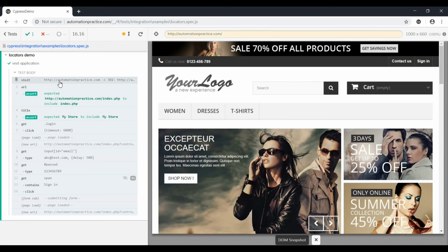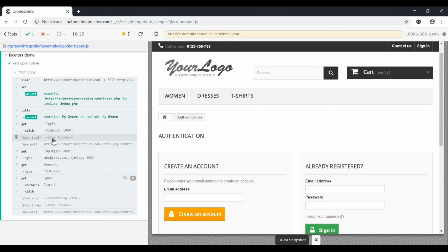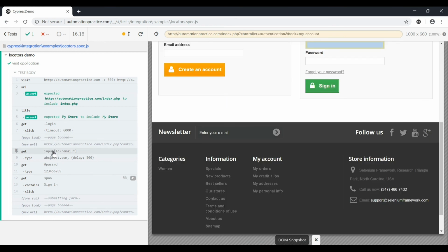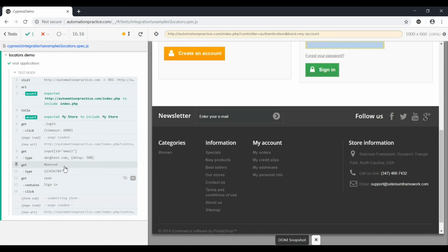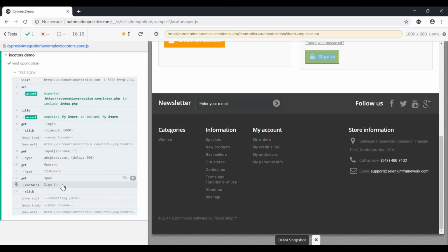We landed to the application, to a session passed, then we clicked on the sign in button. Okay, page reloaded, then we got the input field, then we typed in this field before and after. Okay, we got the password field, we typed in it, then the span, these are all the spans, then the span with the sign in text, and then we clicked on it.